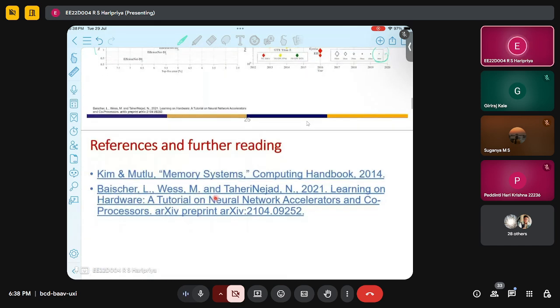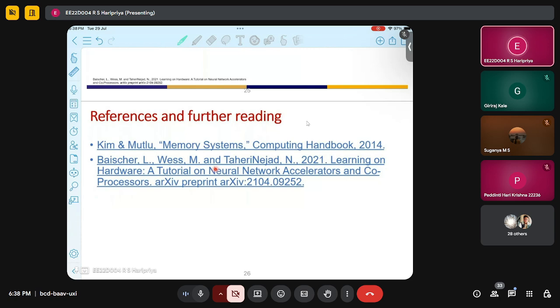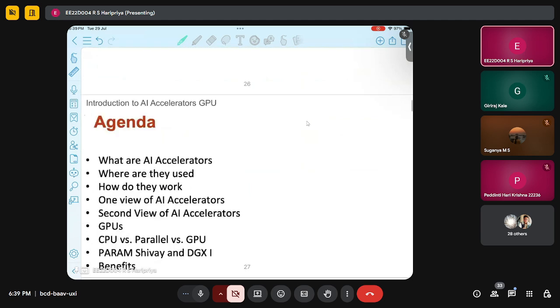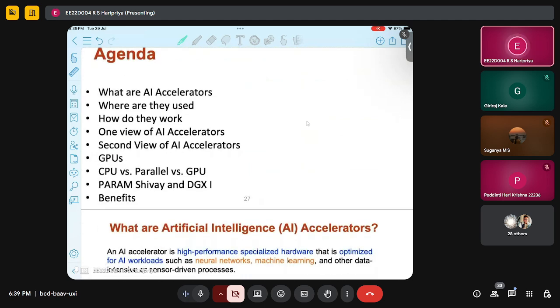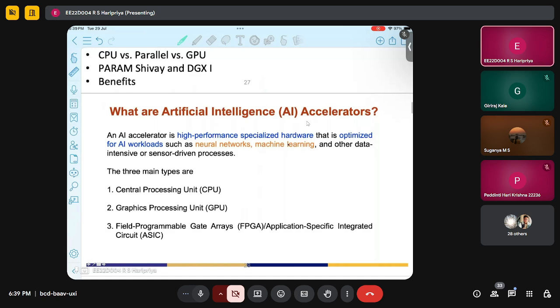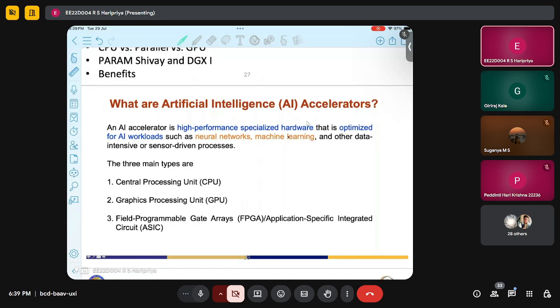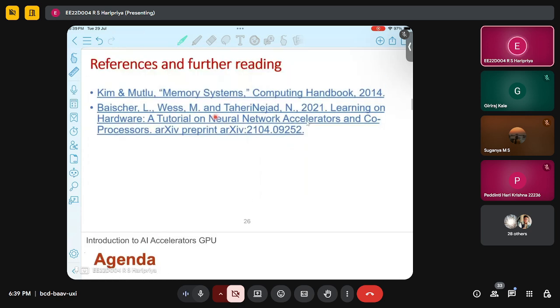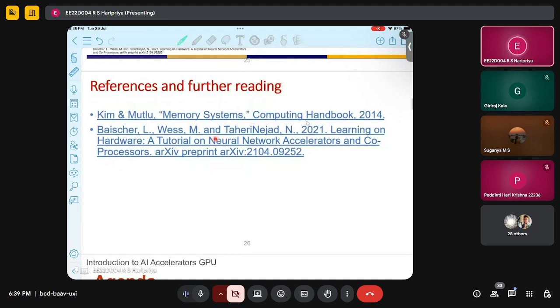We want to accelerate the AI benchmarks. This computational requirement is increasing exponentially, whereas the performance density is saturated. So we will see how to use the existing computational resources to achieve this increase in performance. These are the links for the memory system, the neural network, and the coprocessor.